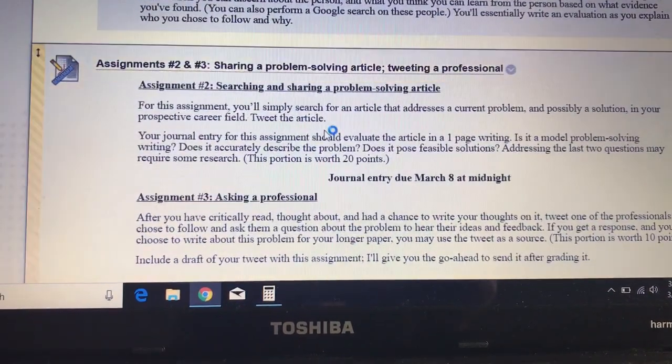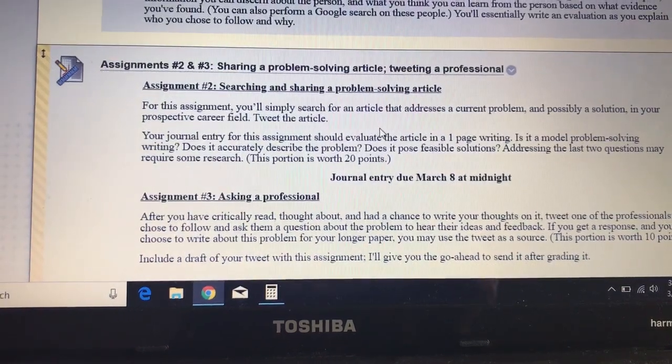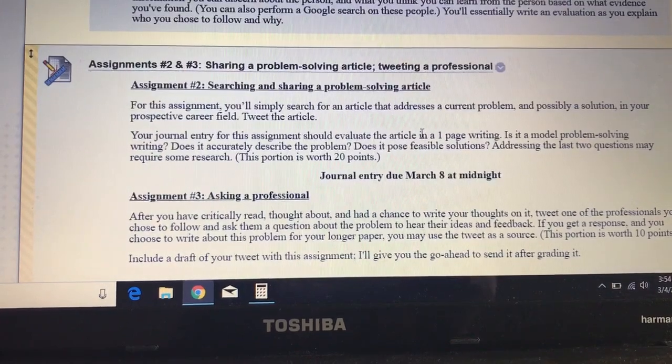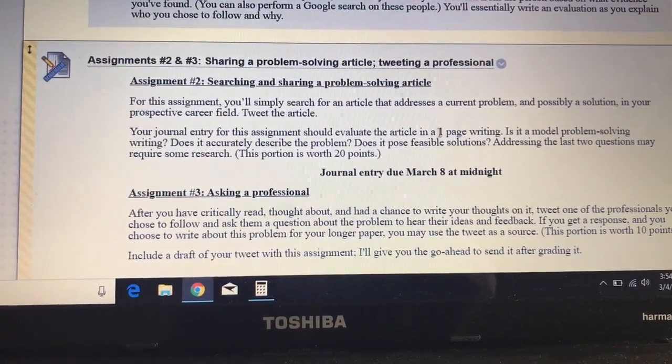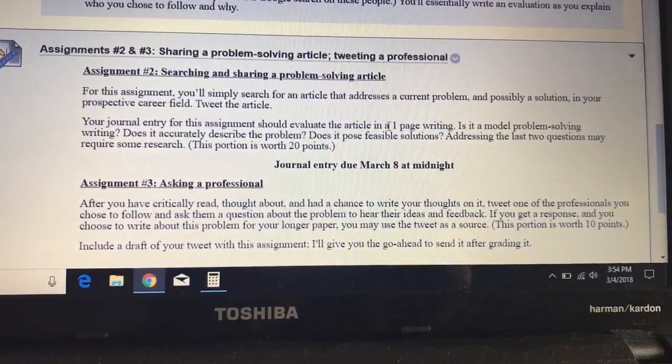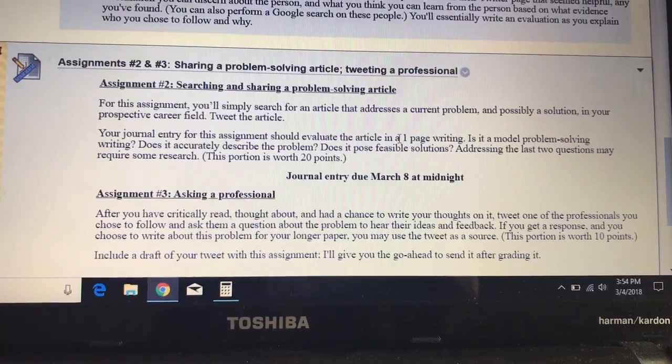So just read the article, and in a page, only 1 page, maybe even a page and a half, you might need a little bit more space, I want you to tell me whether or not it serves as a model problem-solving article. If you think back to the essay we just read for last week,